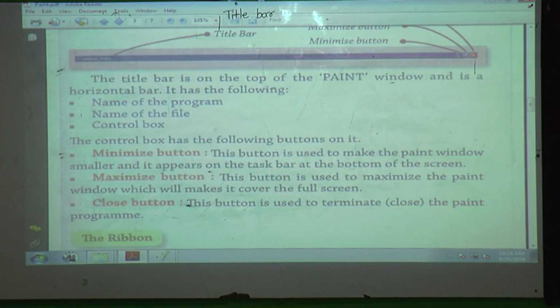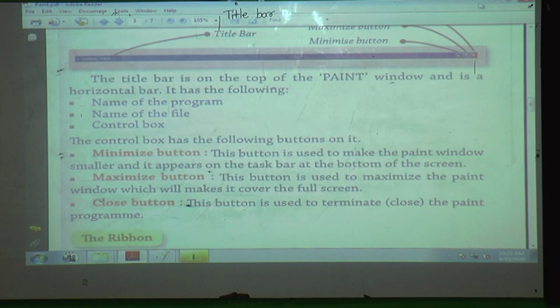When you click the minimize button, what happens? This Paint window will be minimized. Mini means what? Small. This Paint window will be smaller and appear on the taskbar at the bottom of the screen.